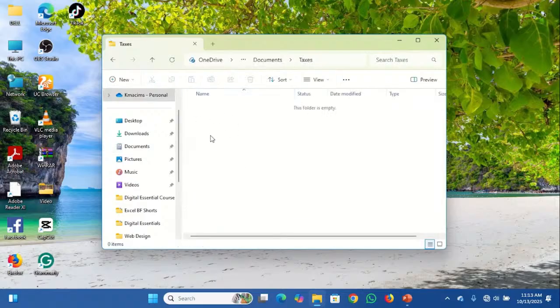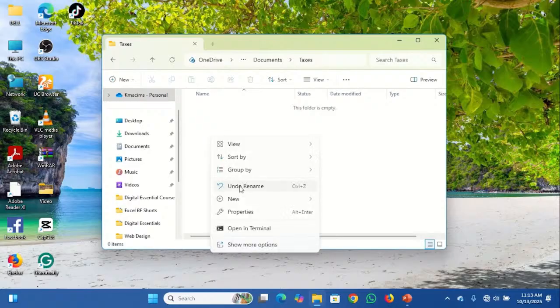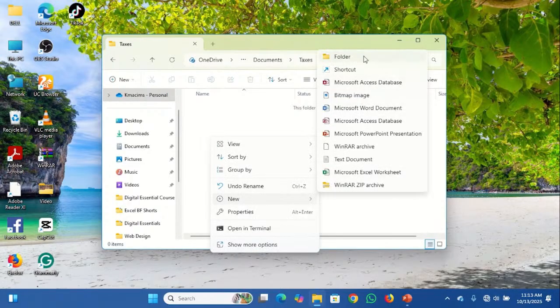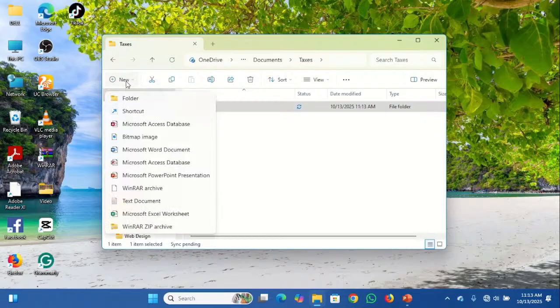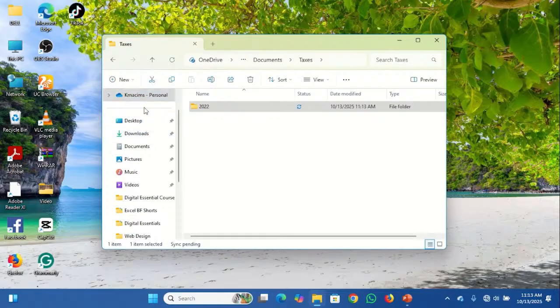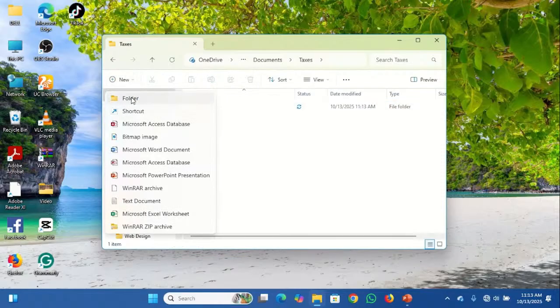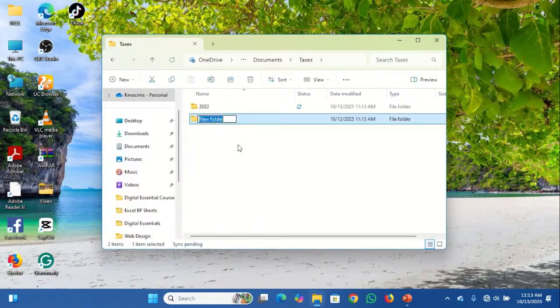Now you can also right click and point to new and select folder. Here, let me say taxes for 2022. Here I will click and select folder and write